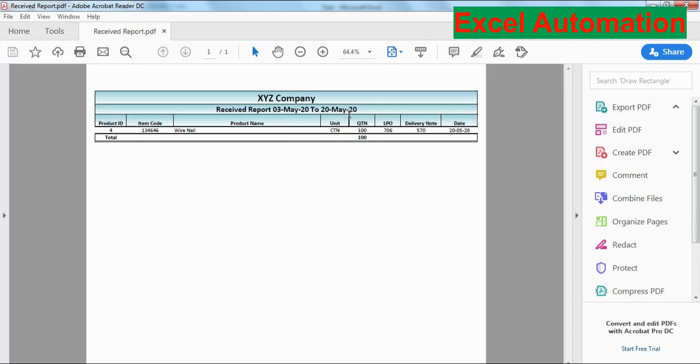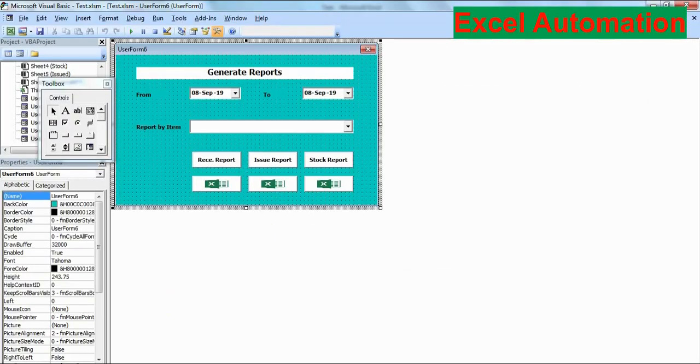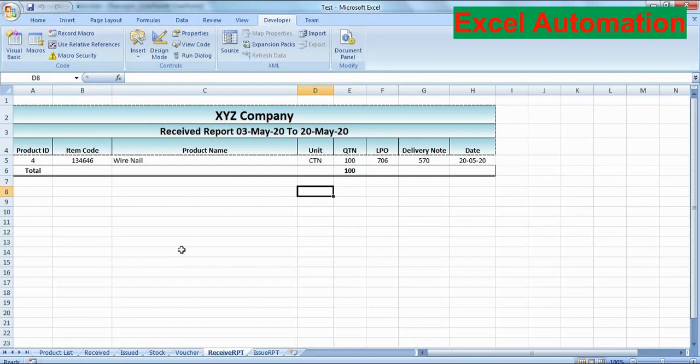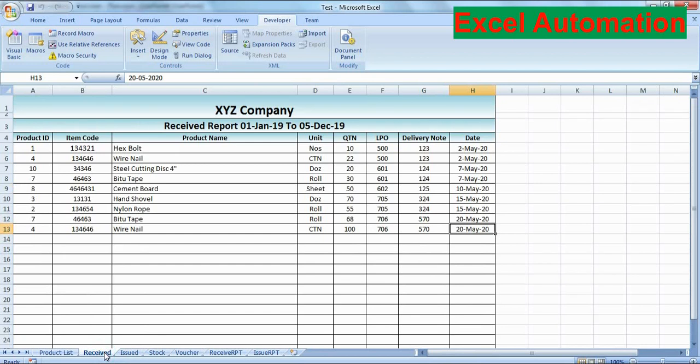So in this software, what you have to do is work only in the received and issue sheet. You have to add transactions, whatever received and whatever issued. The rest this software will do by itself.